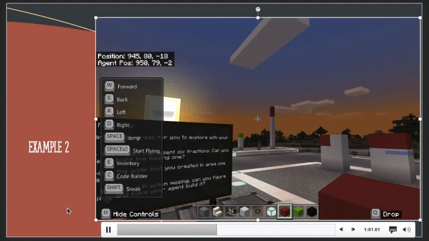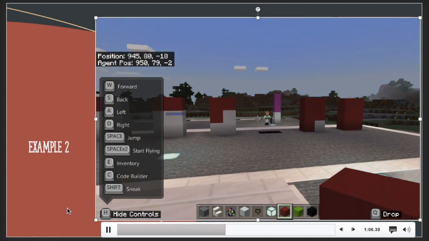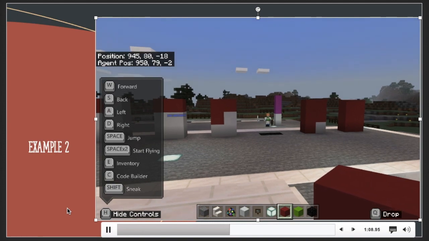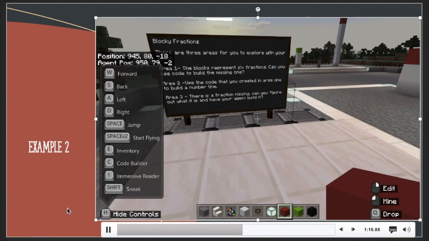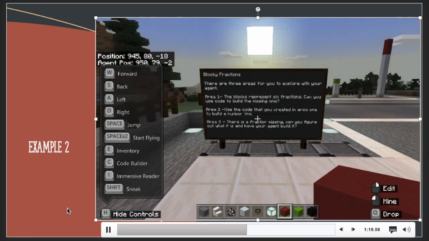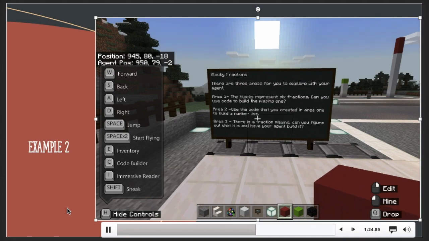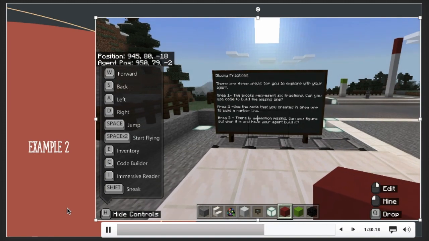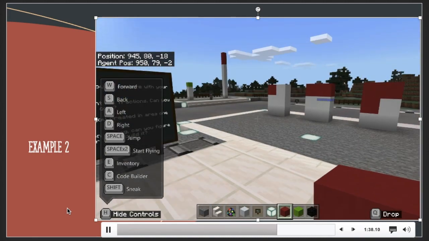And you could see over here is one of the 3 stations. Here is the second, and that individual is representing a teacher or a teaching assistant in the classroom, and then the 3rd section is over there. Another interesting feature on this is, as you can see, since there's writing and instructions, over to the left of the screen, we have the different instructions. So the keyboard manual. So W makes you walk forward, S makes you walk backwards, double space to start flying, and so forth. So you could see that depending on where you are looking in the world, these features change.